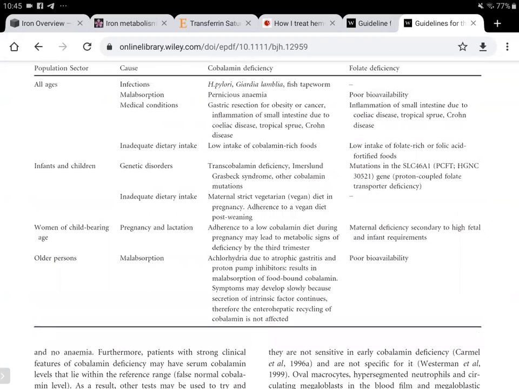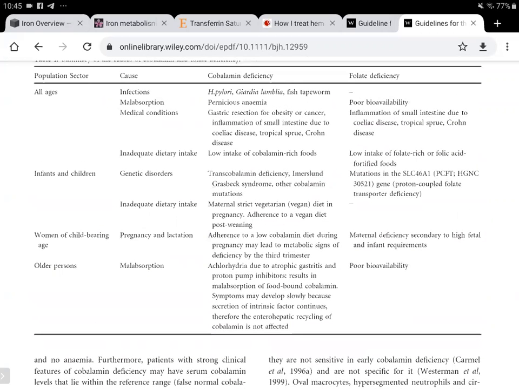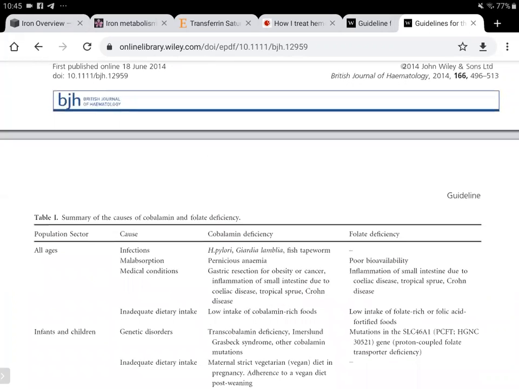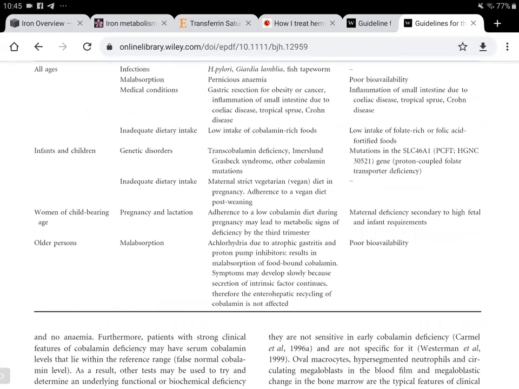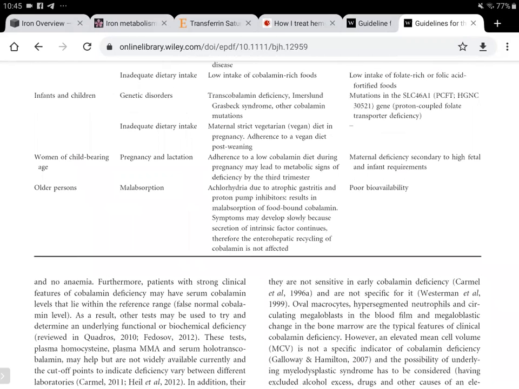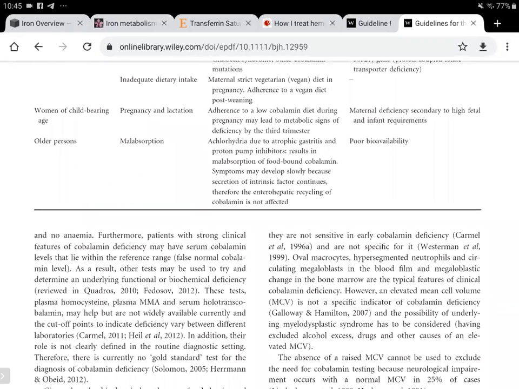Even if they show those cobalamin levels, sometimes they may not show those specific symptoms, or they may not even show the anemia. So there is great variability in the clinical picture and the laboratory findings. Sometimes the laboratory findings can be suggestive and the clinical features may not be, and sometimes it's vice versa, with the clinical picture being very suggestive and the laboratory findings being within the normal reference range.